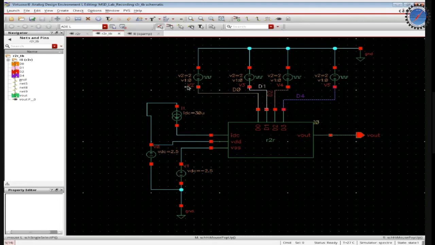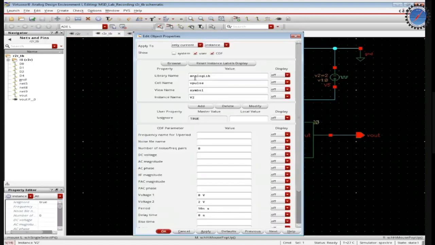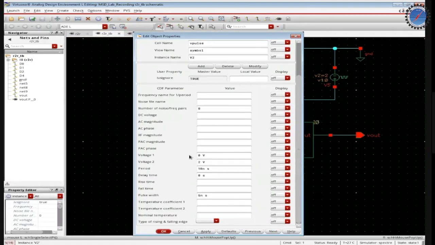Okay, and then here, I hope again you are familiar with this. So what you do, you have this pulse, you'll need to define 2 voltages. Let me just show the properties of this V pulse. Okay, so you can see that basically 2 voltages you have to set, 0 and 2 volt. So the 0 is going to be the equivalent for ground or the lower value. Then this 2 is going to be essentially the VREF. Okay, and then you give a particular period for this.